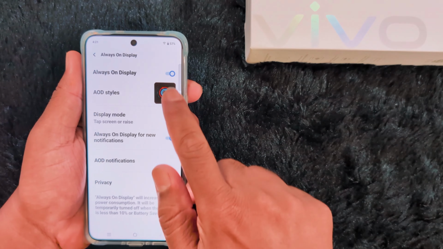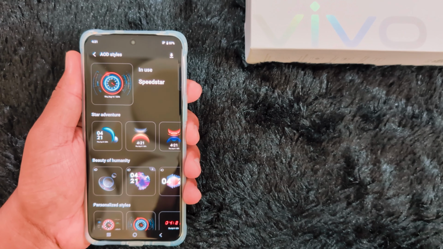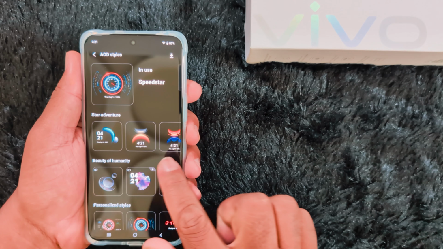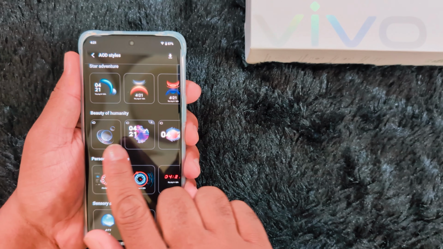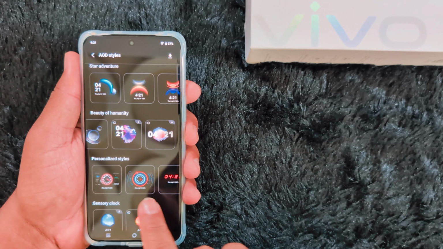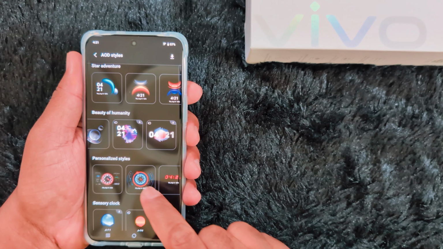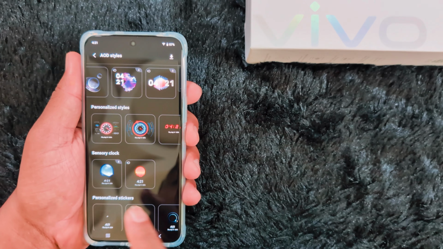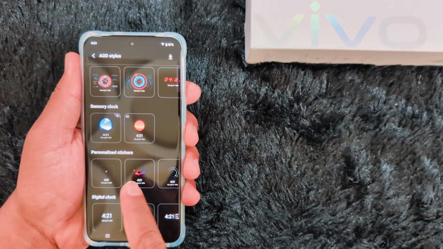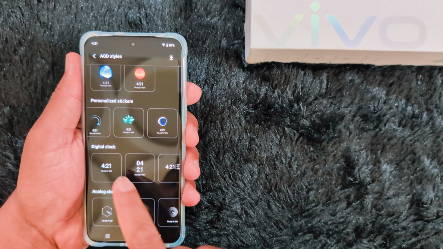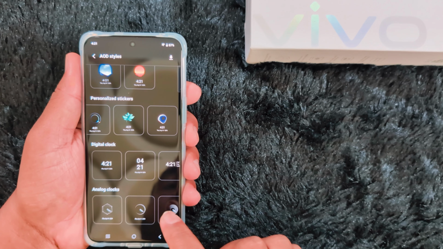So now tap on the AOD styles. Here you can see the list of different always on display styles you can apply, like Star Adventure. Here you can see the four different Star Adventure clock styles, beauty of humidity, personalized style. We set the personalized style. Here you can see this style set currently on my device. Sensory clock, personalized sticker. You can create your own sticker here also. Digital clock, analog clock. If you want to set a simple clock style, you can set the digital clock or